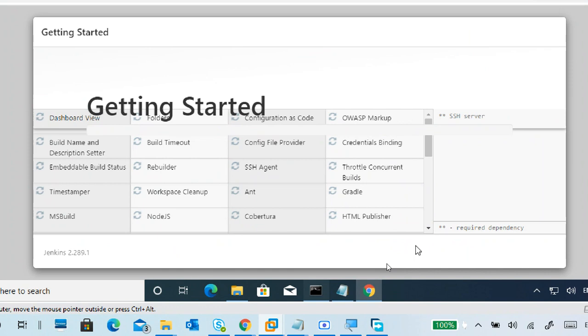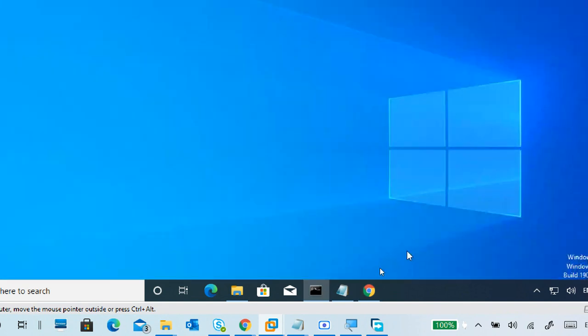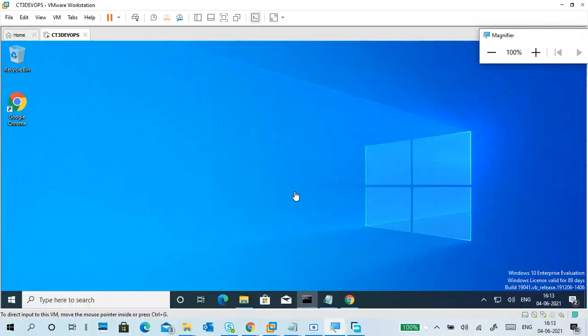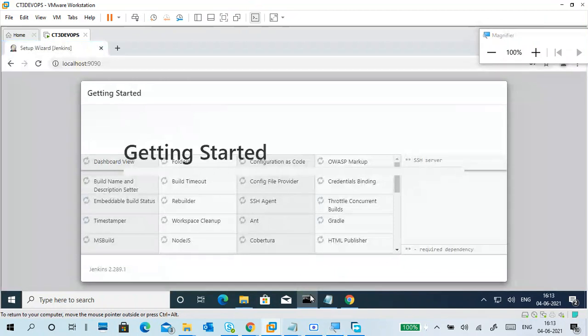If you have more RAM capacity, better to take more. Then these plugins will also install very easily. My suggestion is 6 GB. 4 GB is also not enough.